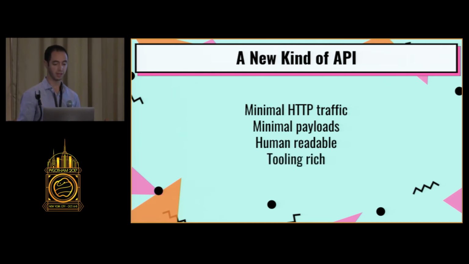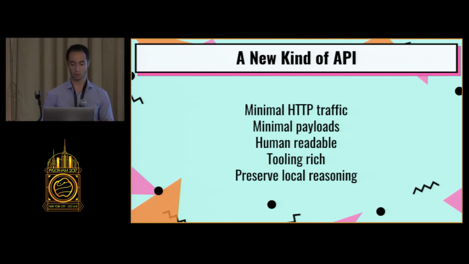But on the flip side of that is that we do still want tooling, right? We don't want to have to use tooling, but we want the ability to wrap our APIs in good tools. The final one, which is something that people don't talk about all that much, is the ability to preserve local reasoning. So over the years, we've developed a lot of ways to organize our code bases. Every project's a little different, but for the most part, we do it around the idea of cohesion, right? So things that are related all go in the same area.